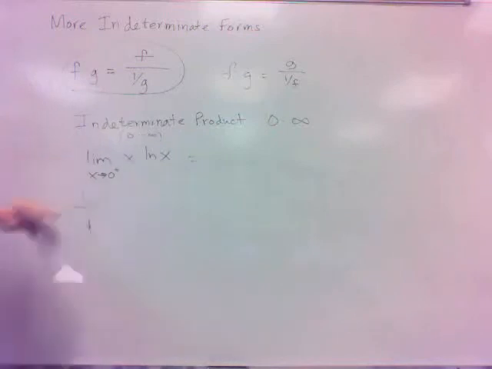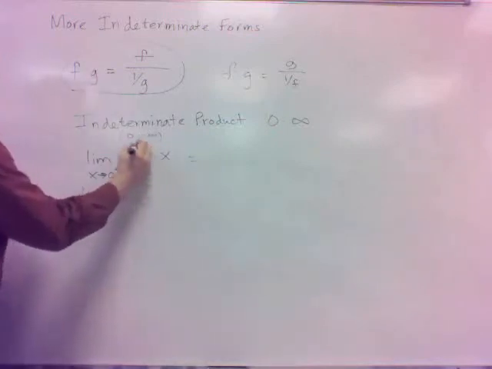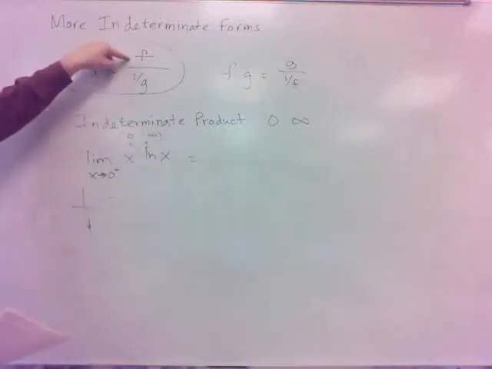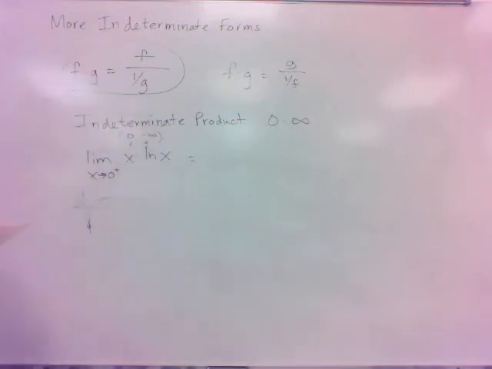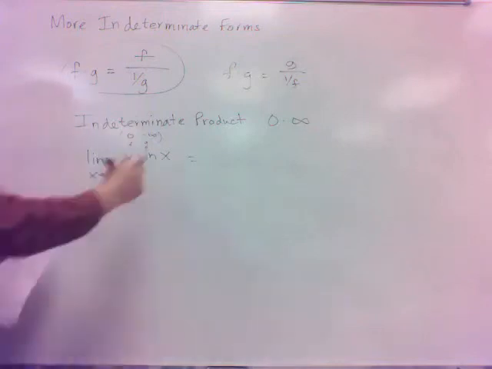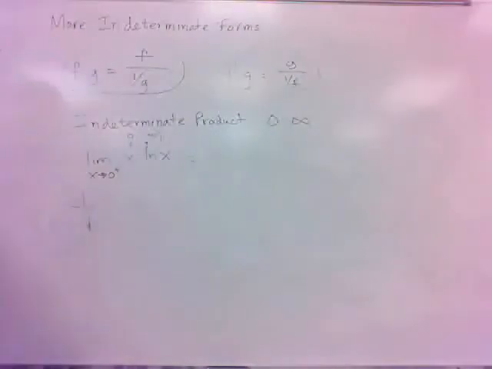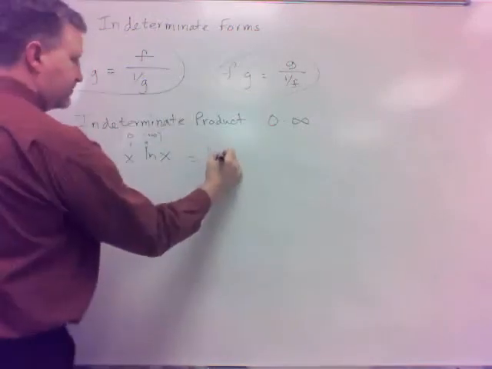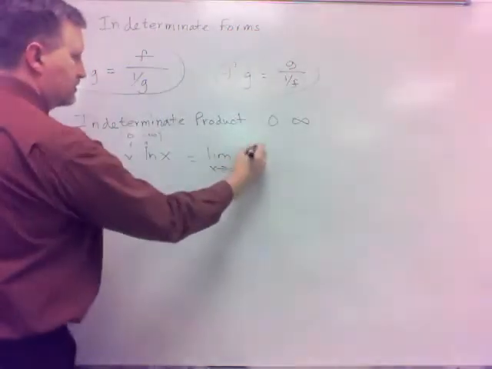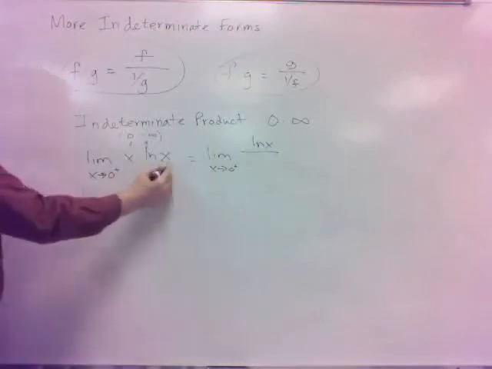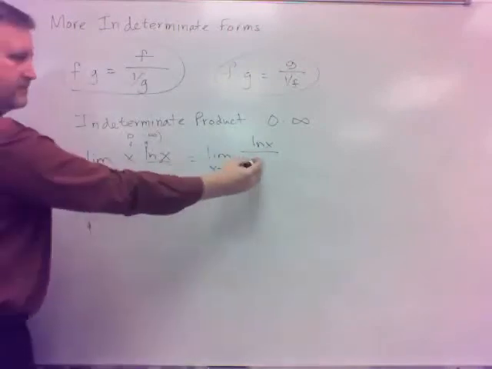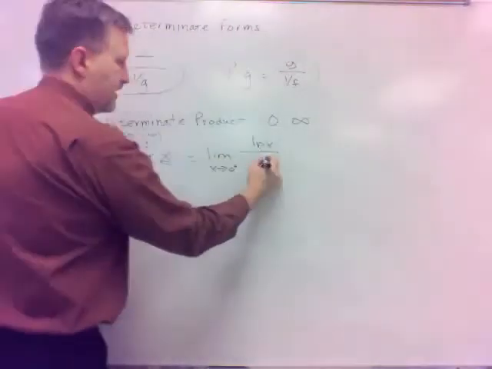I'm going to take this f times g, and I'm going to rewrite it as f divided by 1 over g. And matter of fact, actually I'm going to use this one. Okay. Let's use that one. G divided by, in other words, I'm going to take the g, leave it up here. And then the bottom, so what would the bottom be? If I leave this one here, what's the bottom here? So it'll be 1 over 0.